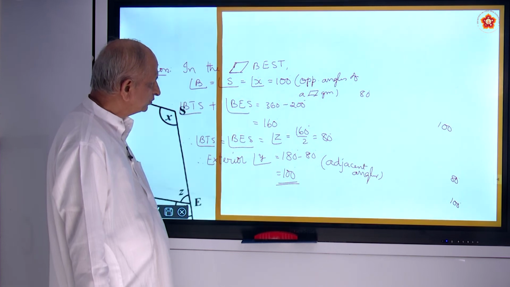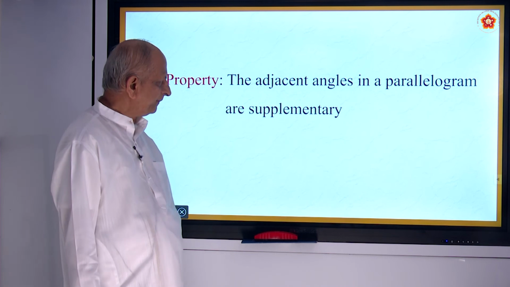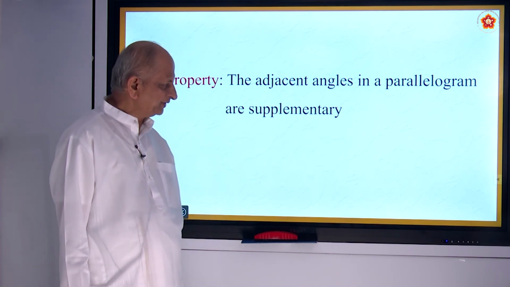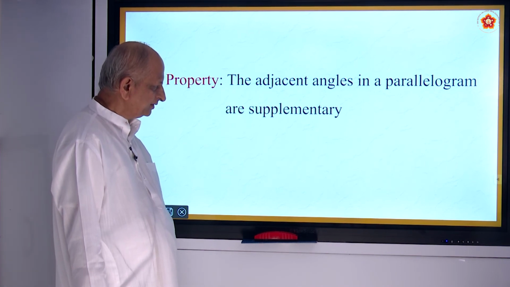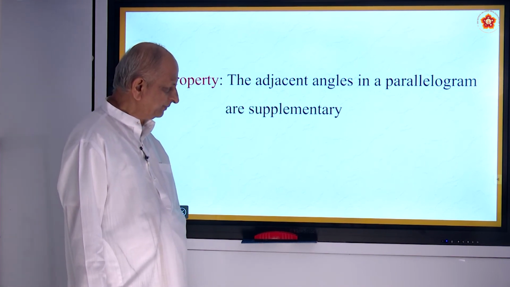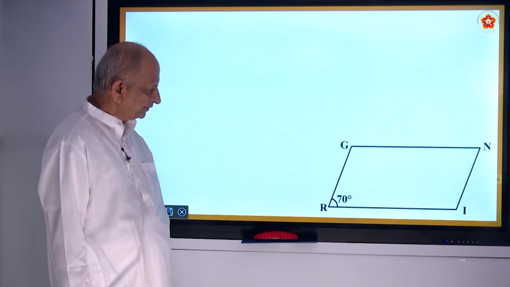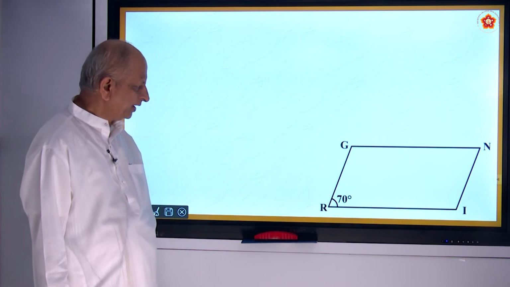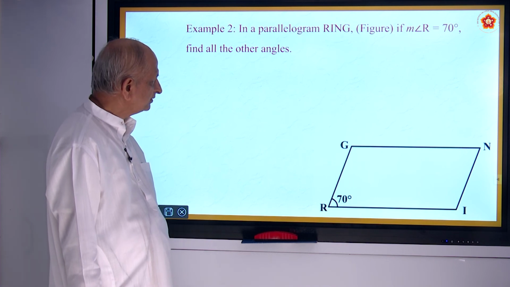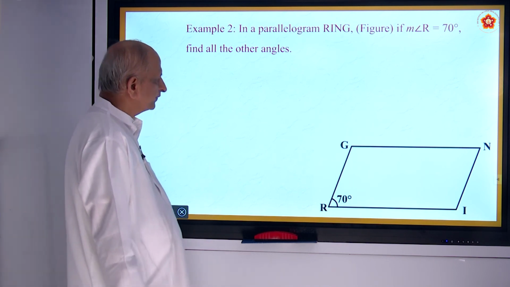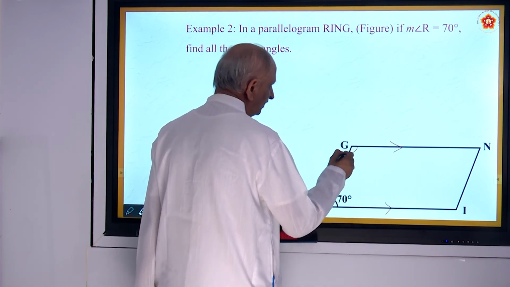We will pass on to a very important property that I just now saw. The adjacent angles in a parallelogram are supplementary. So, another property, this is similar to that. So, you have a parallelogram ARING. So, if you say that they are parallelogram,